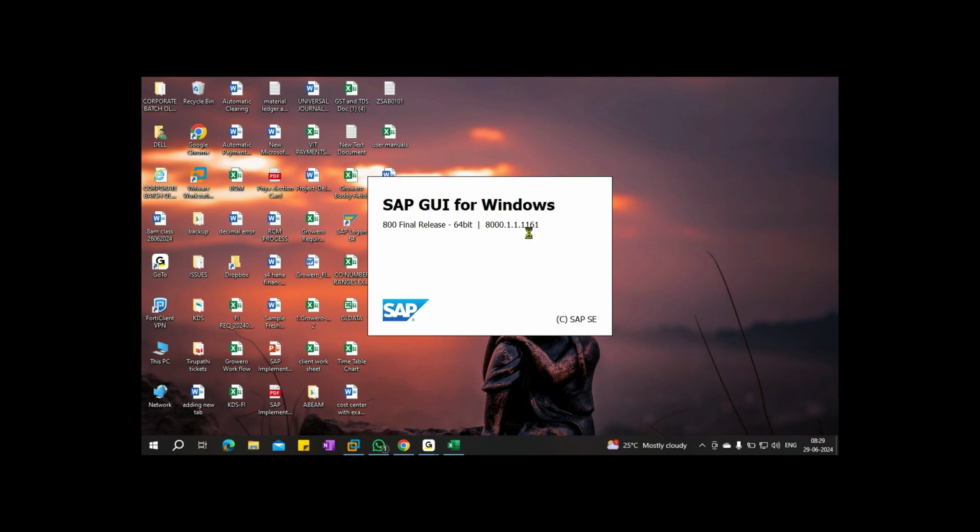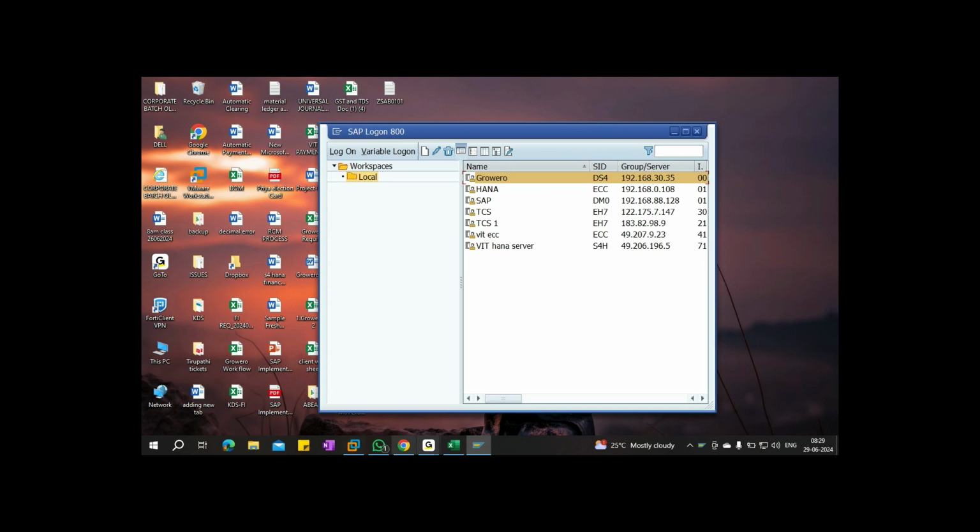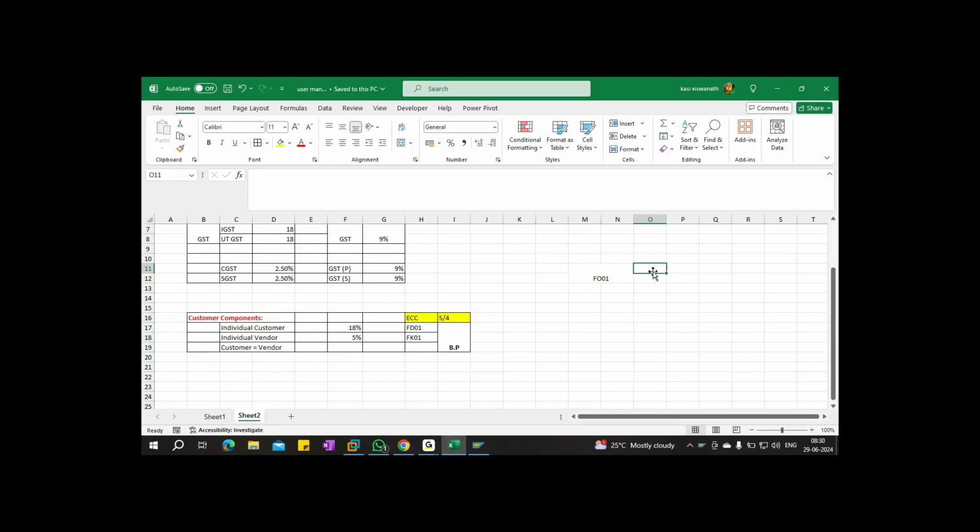So F401 is for India, and AB01 is for Singapore. F401 is the India company, and AB01 is the Singapore company.